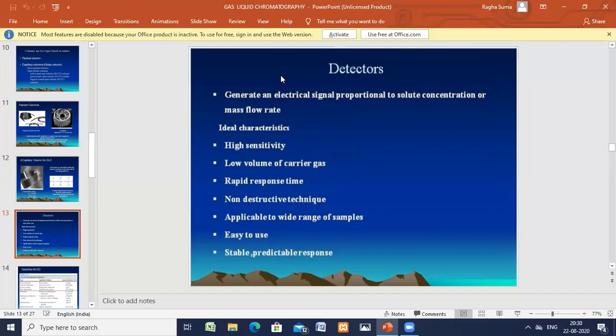After that, the carrier gas: helium, nitrogen, hydrogen, argon are used and they should be pure. A trap is used at the mouth, and a molecular sieve removes hydrocarbon impurities and water impurities. We get the pure inert gas. It goes on with its respective flow rate, and then the sample is injected into the system, vaporization takes place, and after that it moves onto the column.